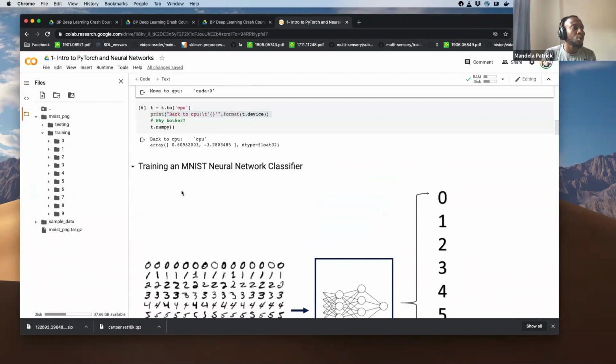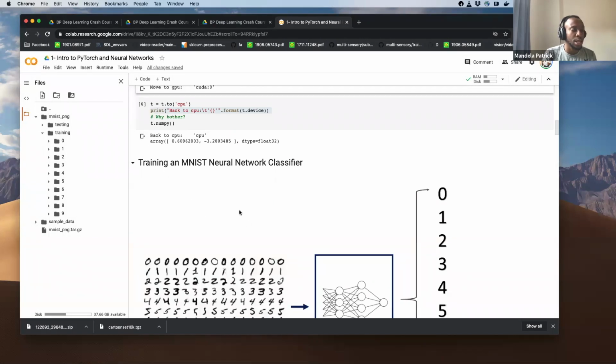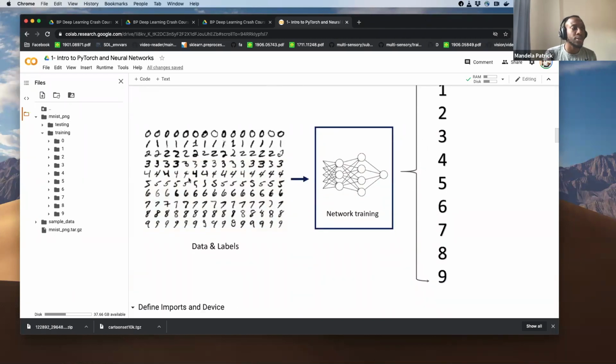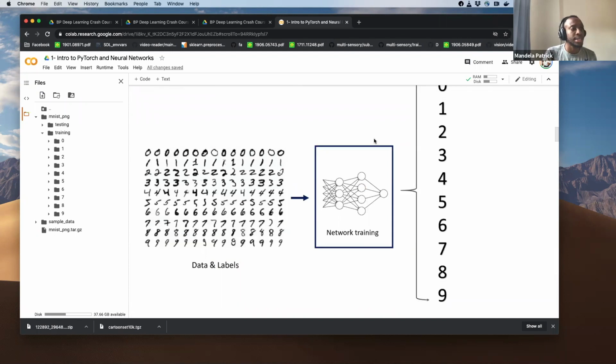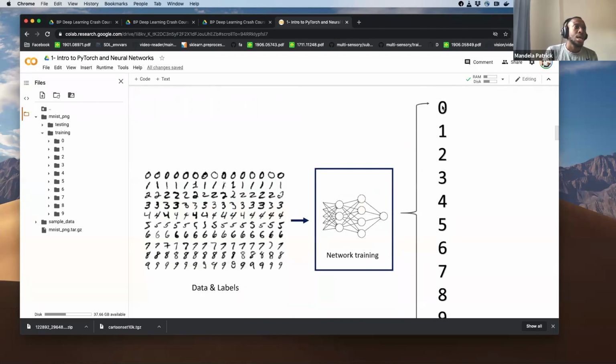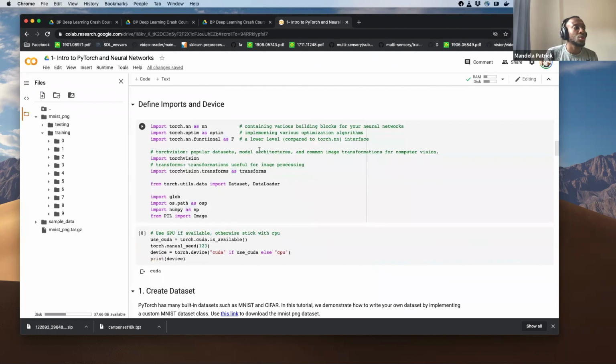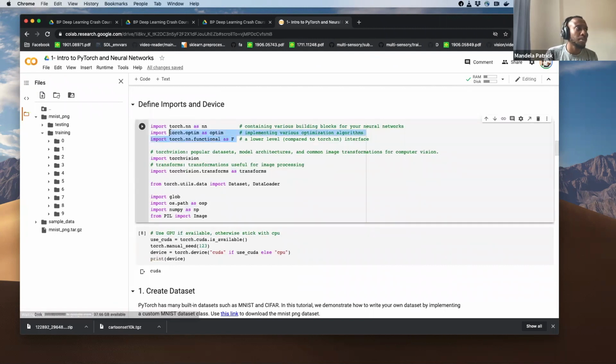Then we're going to use PyTorch to build and train a neural network to classify images from the MNIST dataset. As I said, a classifier takes some image and predicts what the label is. Given that this is a 2, hopefully it can predict 2, and it predicts these as 9. So we do a bunch of imports. Here we import a bunch of useful PyTorch functions, and Torch Vision is particularly used for computer vision.